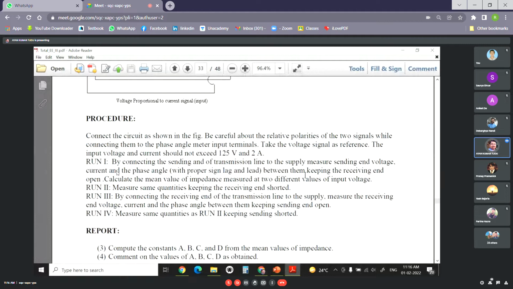Similarly, the supply will continue at the sending end, but first with the receiving end open, then with the receiving end short. In the third run, what will we be doing? We're connecting the receiving end